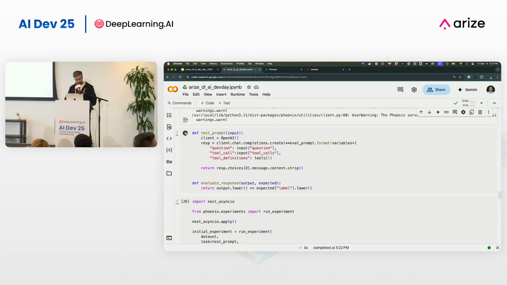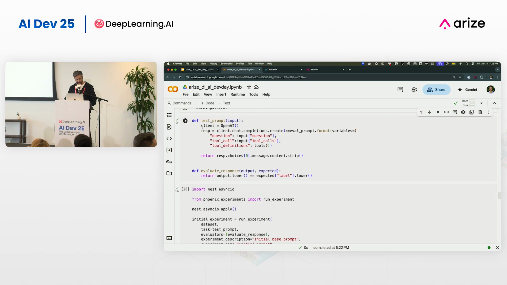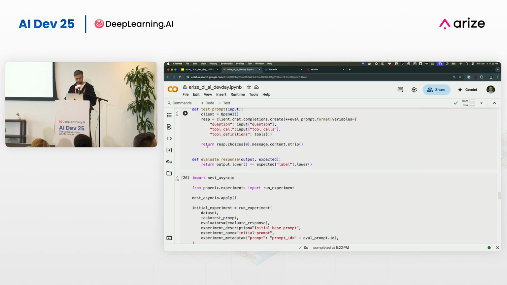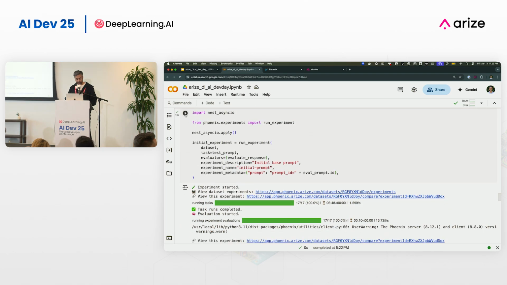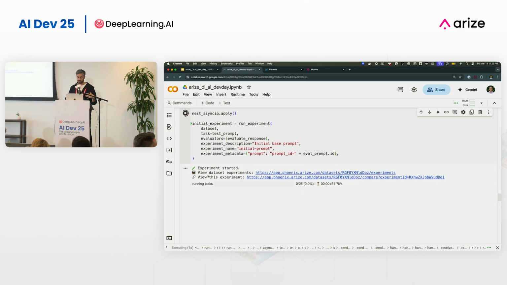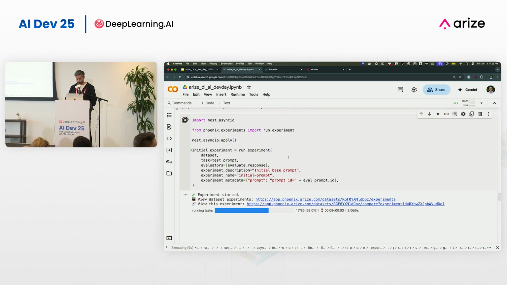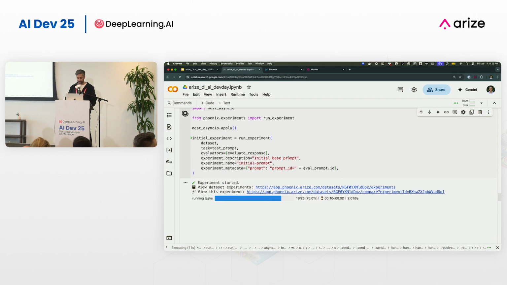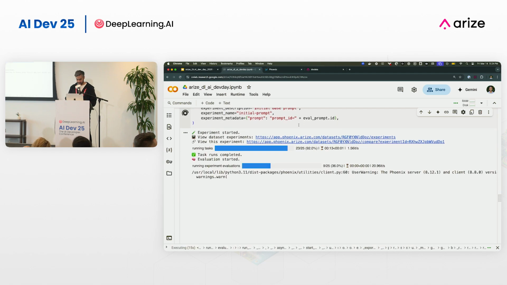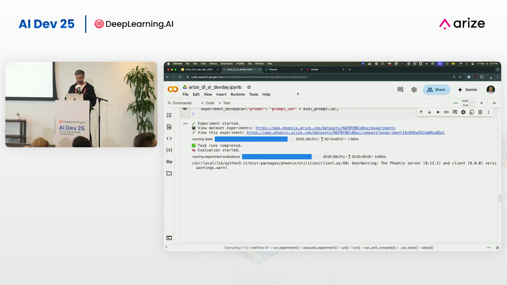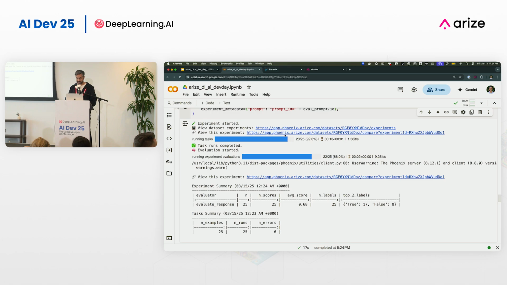And this is my test prompt function call. And I'm going to go ahead and just run a baseline evaluation on this data set. So this is going to take that same data and run the evals on it. So I'm just generating evals to start off with as a baseline. It runs pretty fast. If you give it more data, it might take a little bit longer. But let's see. So it's basically going in, and there's an LLM as a judge going in and labeling that data.